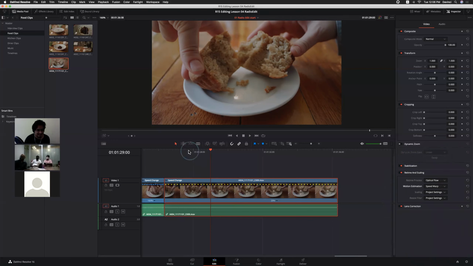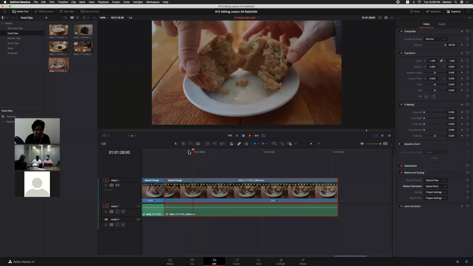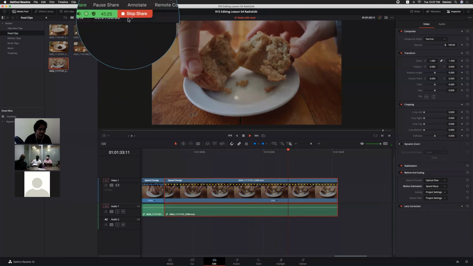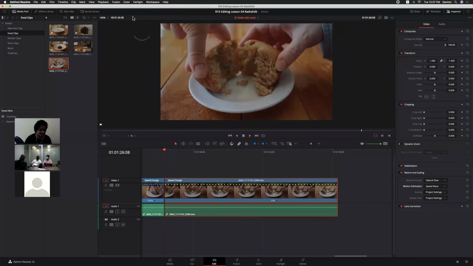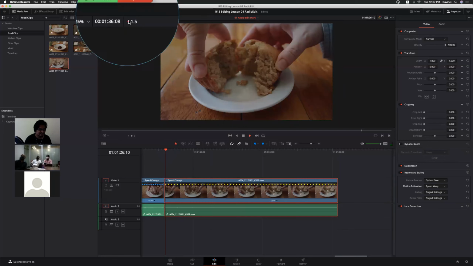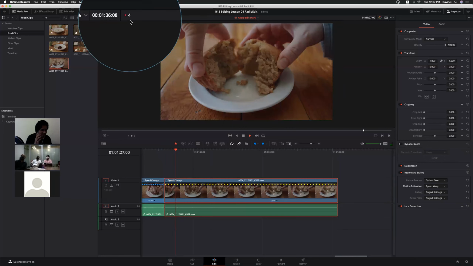It will take some time, but even though I click the play button, you can see right now I am playing only how many frames? Can you see the frame number while playing here? It is playing only 4 frames per second.